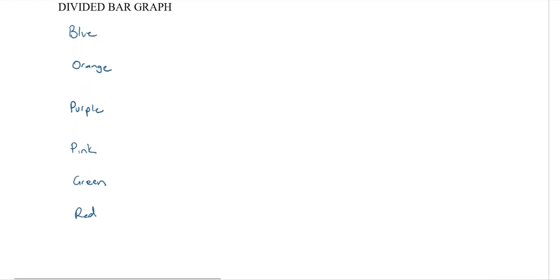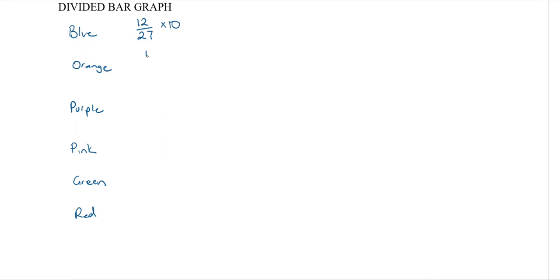Now, as I said when I was doing the sector graph, you still need to start with the same fraction. So my fraction for blue was 12 out of 27 people who chose blue. But now, instead of timesing by 360 for my sector graph, I'm going to times by the length of my bar, and you can actually choose the length of the bar that you want. But in class, I was suggesting that you always use 10 centimetres because 10 centimetres is a nice easy length to draw, and it usually splits up quite nicely. So I'm going to times all of mine by 10 because I'm going to draw a 10 centimetre bar.